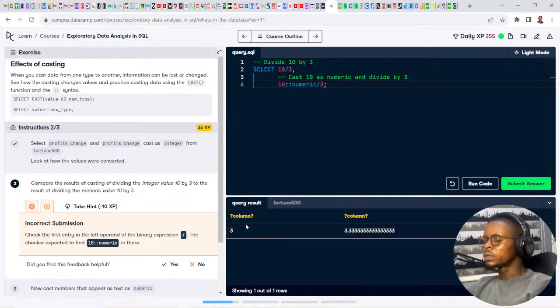Normally, when we divide 10 by 3 in SQL, we get a number without the remainder, which tells us how many 3s can fit in 10. That is three 3s with remainder 1. It's not going to return the remainder. When you cast this 10 as numeric, you start getting the remainder. Oh, cool.